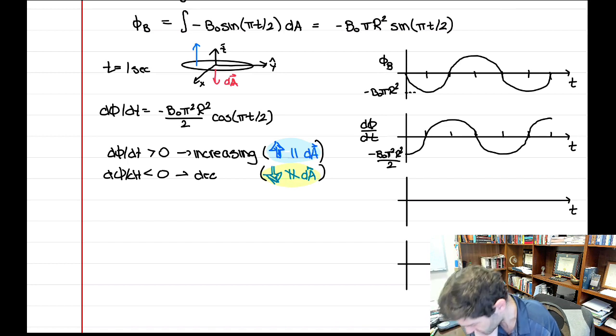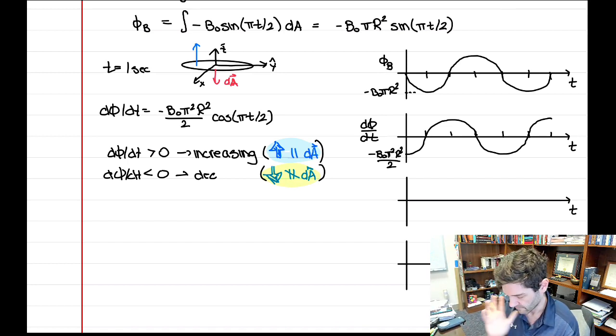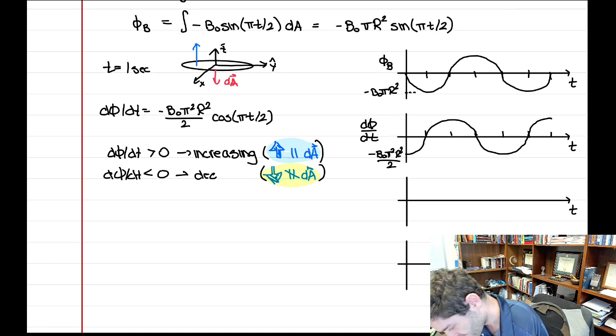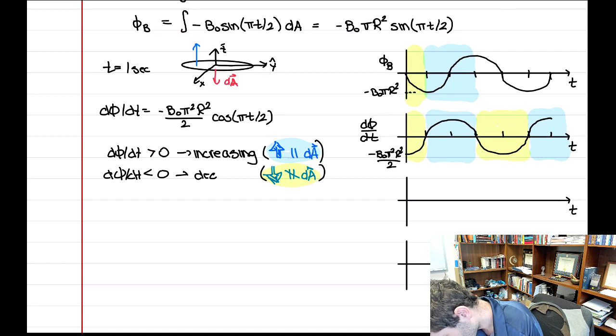So if I look at the derivative, where that's plotting the value, again, I'm only looking at the value. I'm not looking at the slope or whether it's positive. I'm just looking at whether it's positive or negative. So then it looks like this: the value is positive here, the value is positive here. And then that means here the value is negative, and here the value is negative. And I want to then translate those colors up here,